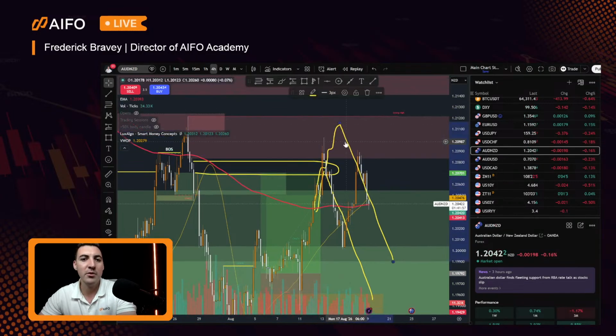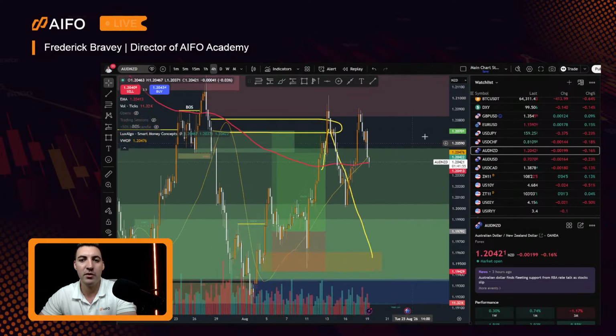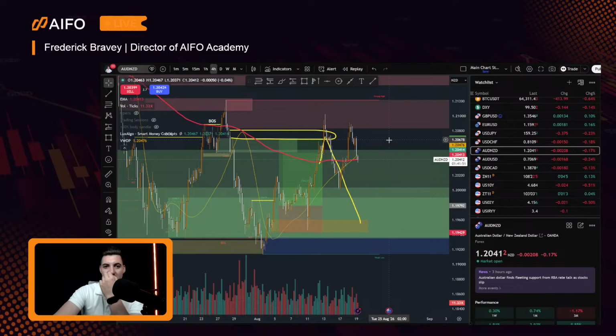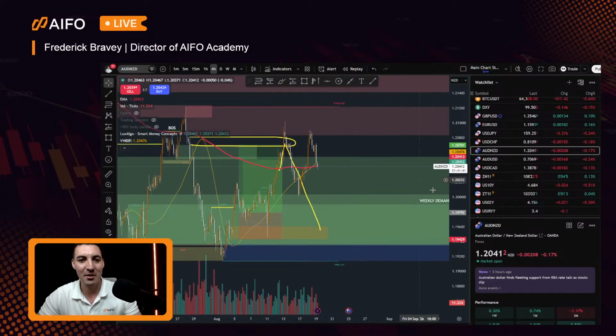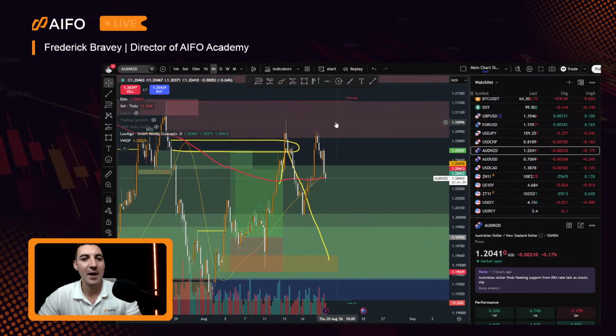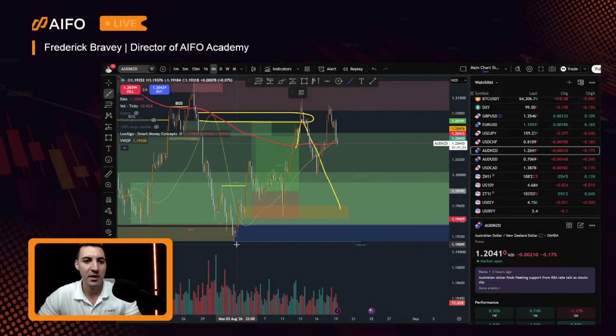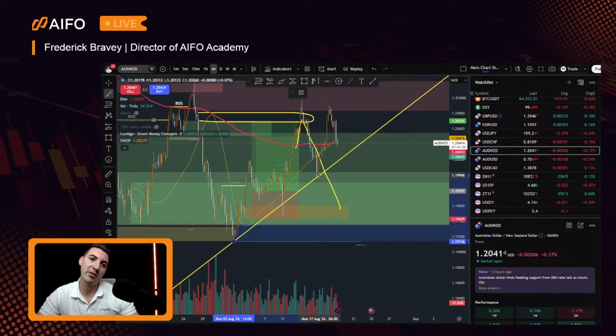I'll start analyzing AUD/NZD because honestly, I've had so much fun playing around with this currency pair. It's just been fantastic. Almost every technical analysis that I run with it seems to be almost perfect. And I don't want to jinx it, but it almost does seem perfect. What I'm a little cautious about at the moment is that we are seeing this potential almost 3-touch trend